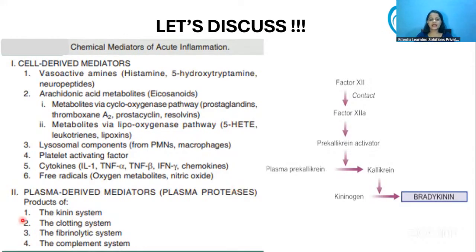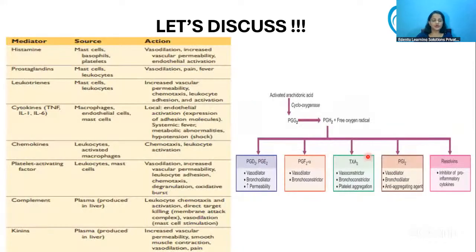If you look at this kinin system, it is where the bradykinin is formed from factor 12. This is the pathway of formation of bradykinin from factor 12 in the presence of this prekallikrein activator and all. If you look, these are the main mediators of inflammation, and their source and their actions are given in this